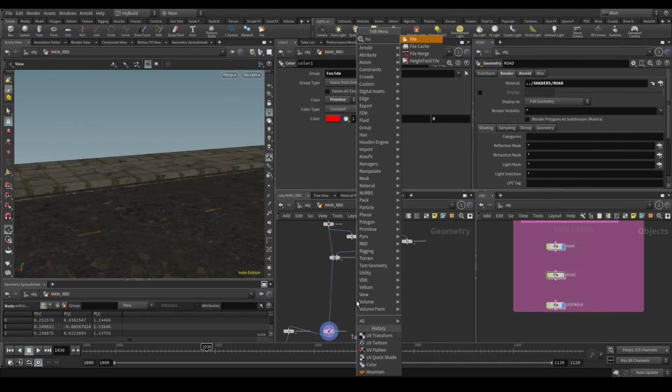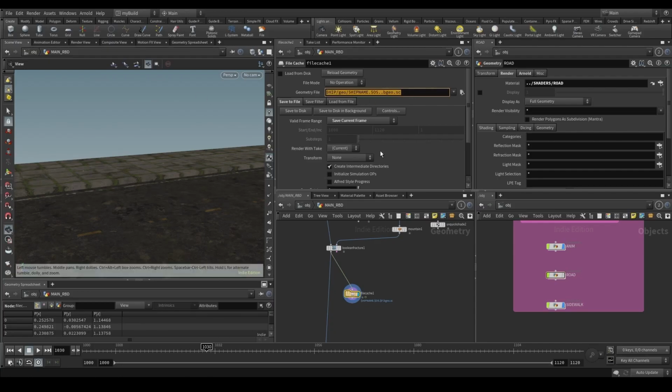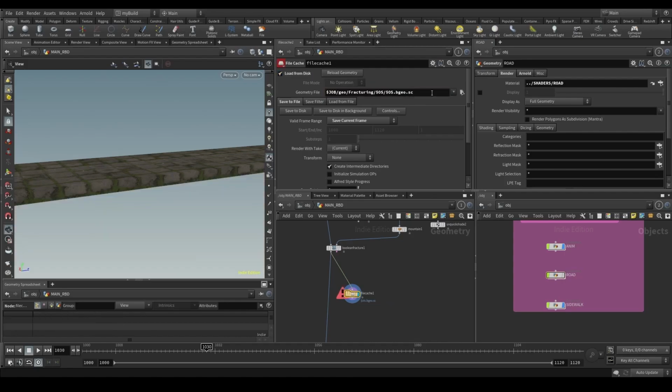So that's cool. I'm going to put a file cache, and in the file cache I'm going to save current frame, remove this $f, and actually I'm just going to rewrite everything. I'm going to create $job geo. I'm going to call the folder called fracturing, and $os slash $os.bgo.sc, which is the file